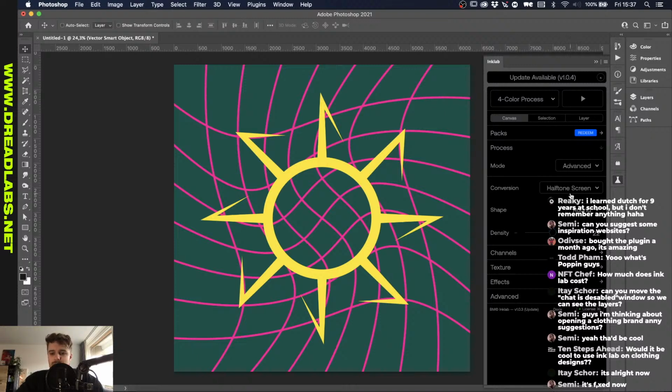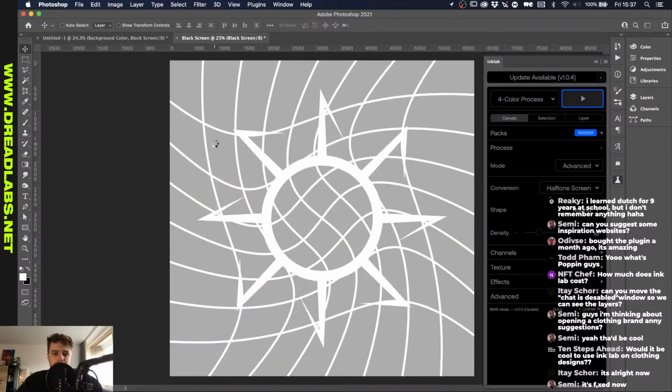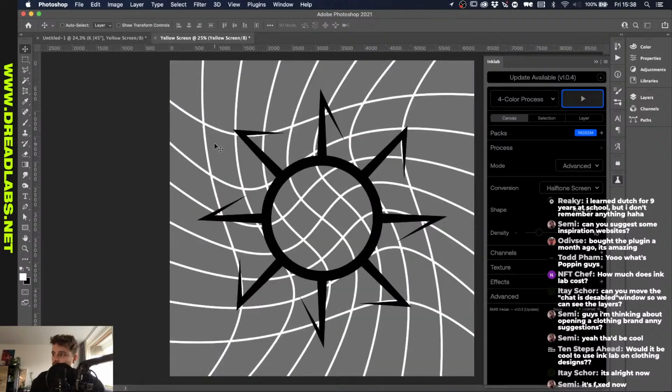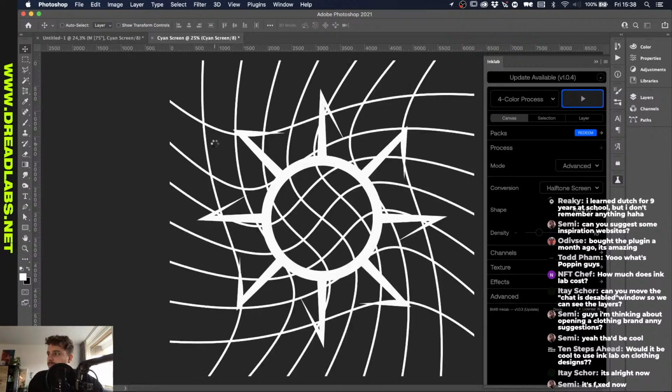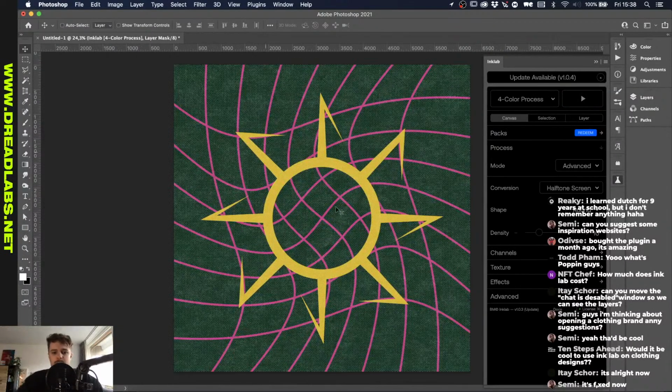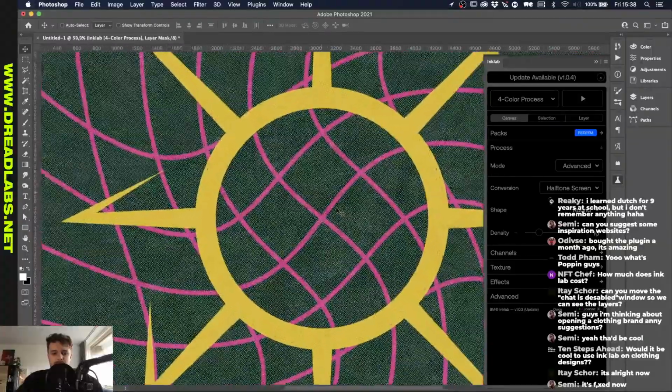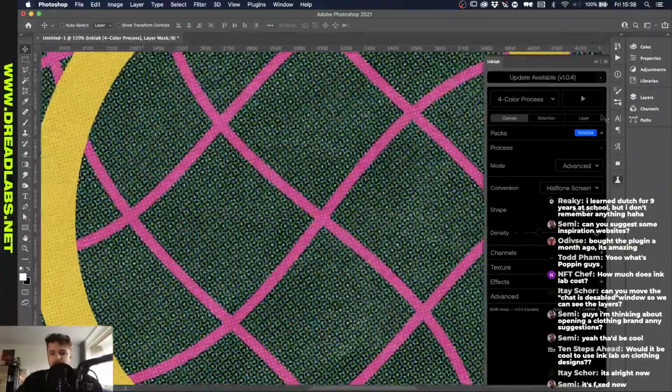So this is basically a halftone screen effect, which let me just lower the density a little bit. This is what it will look like when we run it. Let's see. Yeah, it sometimes takes a while. Depends on which version you use. But if we zoom in here,